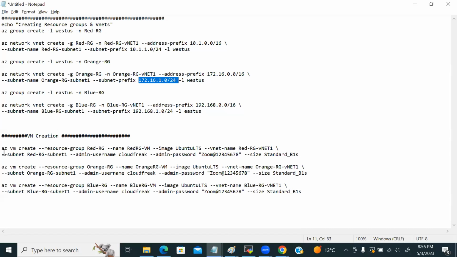And after that, I'm going to create a VM in each VNet. So red RG_VM, orange RG_VM, blue RG_VM with the Ubuntu image. All the three are Ubuntu, so that I can log in. I can use ping command to test it. And the username is CloudFree, and password is this, and size is this one. Understood, right? So